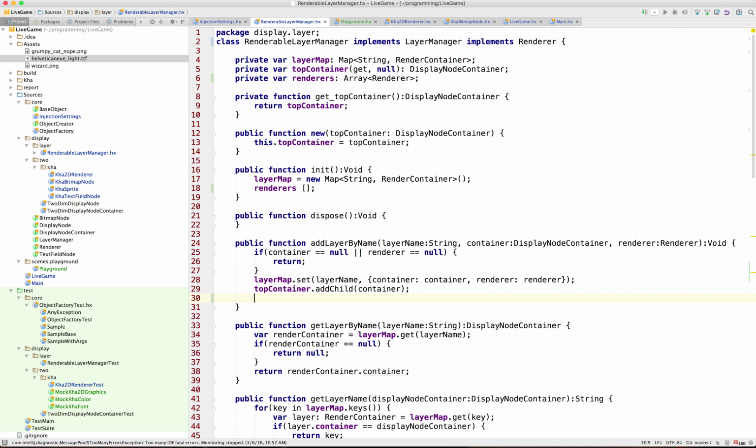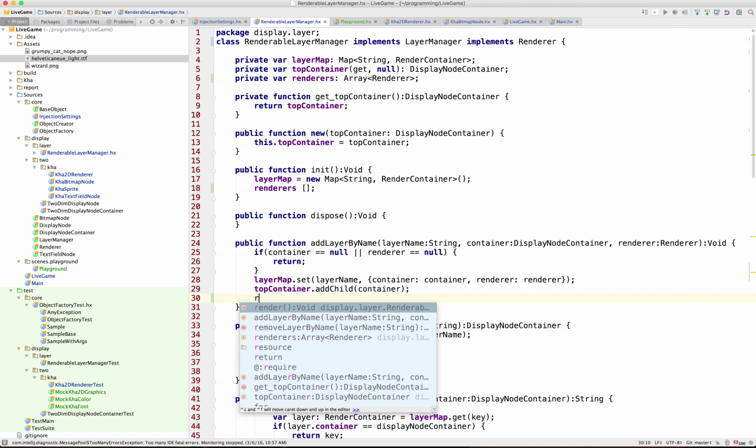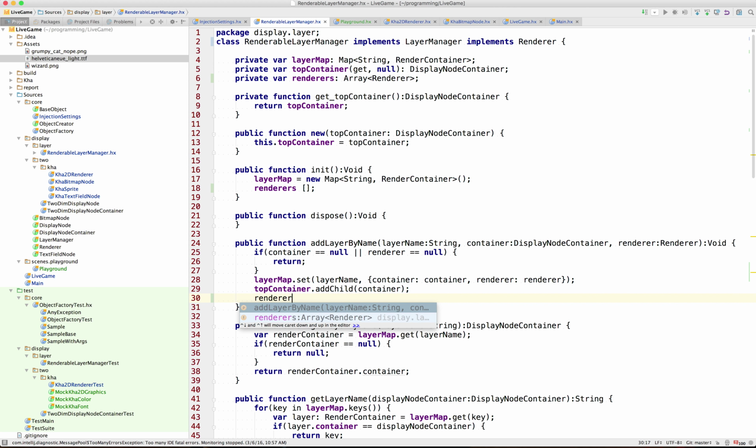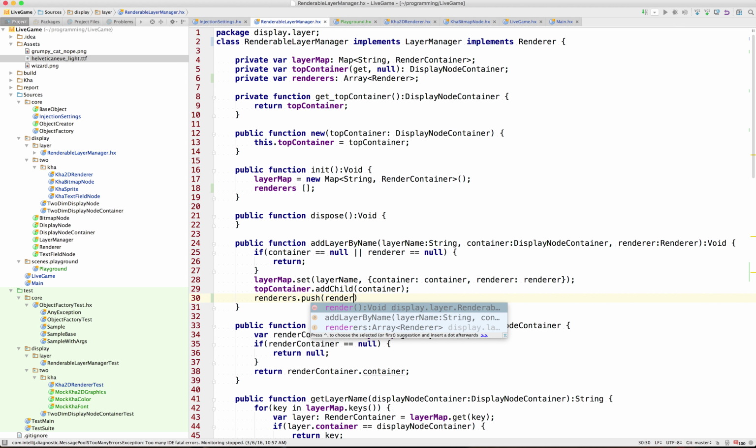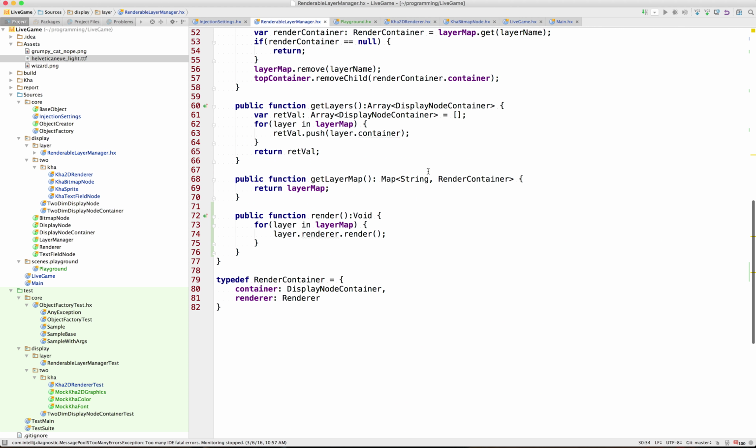And I can kind of show you kind of a special way this can happen as well. This can be kind of fun. Renderers, we're going to push our renderer, and then down here for render